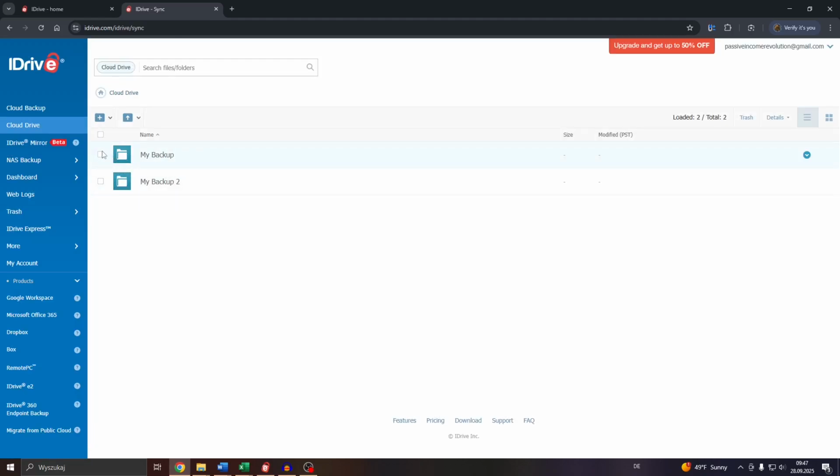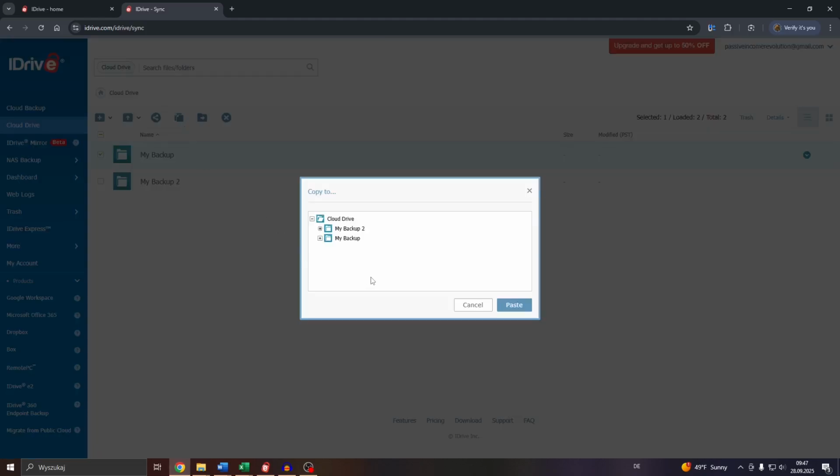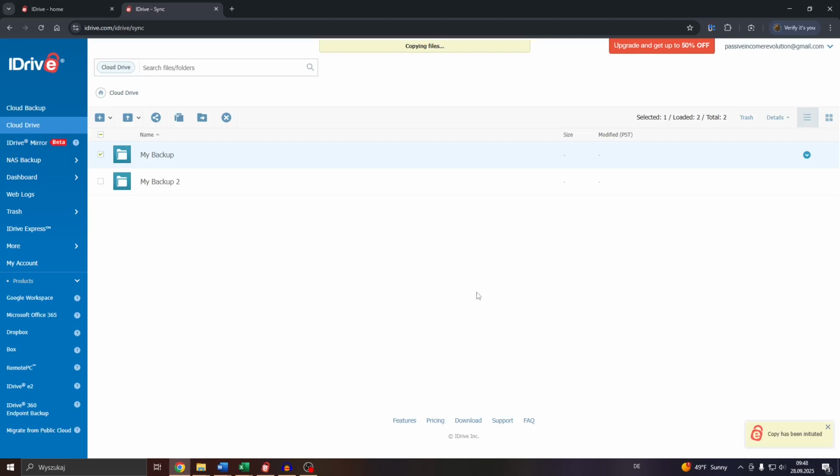Basically, guys, what will be needed to do is to click into that checkbox next to the given folder, and here, guys, you will see that option at the top, copy. So simply click into it, confirm, select also the location where we'd like to place the duplicated folder. And so let me go with this one here, confirm by clicking into paste,